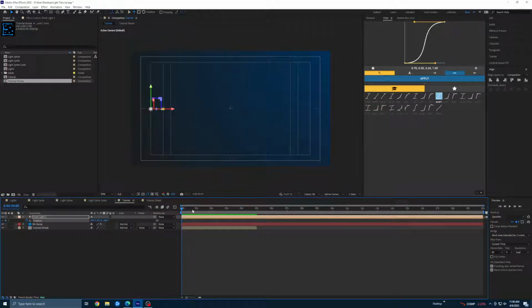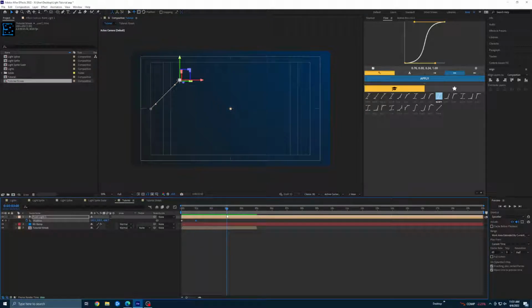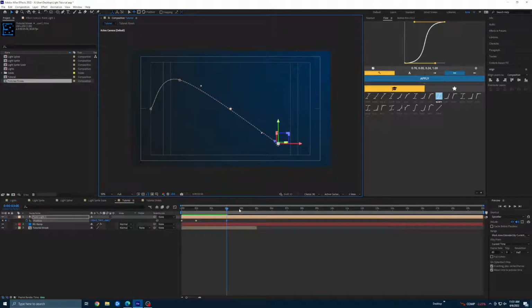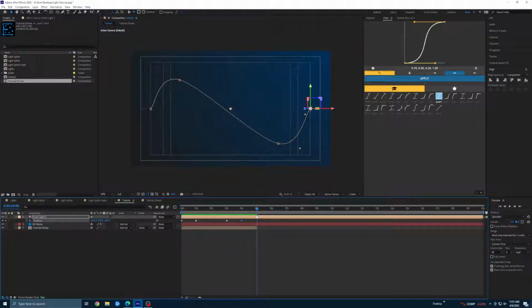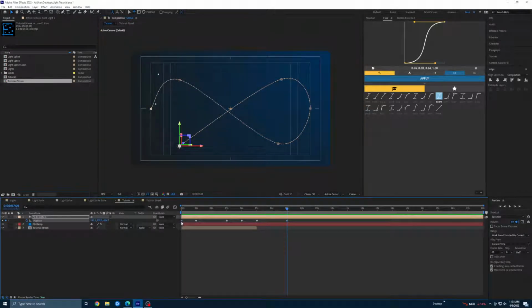So I just created a keyframe, and I'm going to go out 1 second, and I'm going to drag that like that. I'm going to go out 2 seconds. I'm going to bring him down something like that. Go out a second, bring him like that, go out a second, going up, go out 2 seconds, come down like that, and then I'm actually going to copy the first frame and paste him 1 more second out. So now, we basically have this figure 8 shape. Now we got to clean it up a little bit. He's messy,